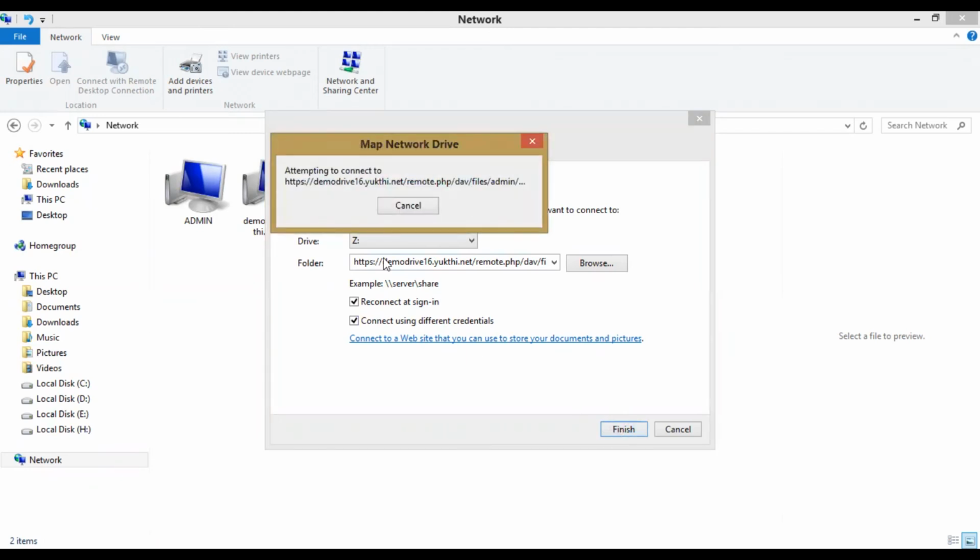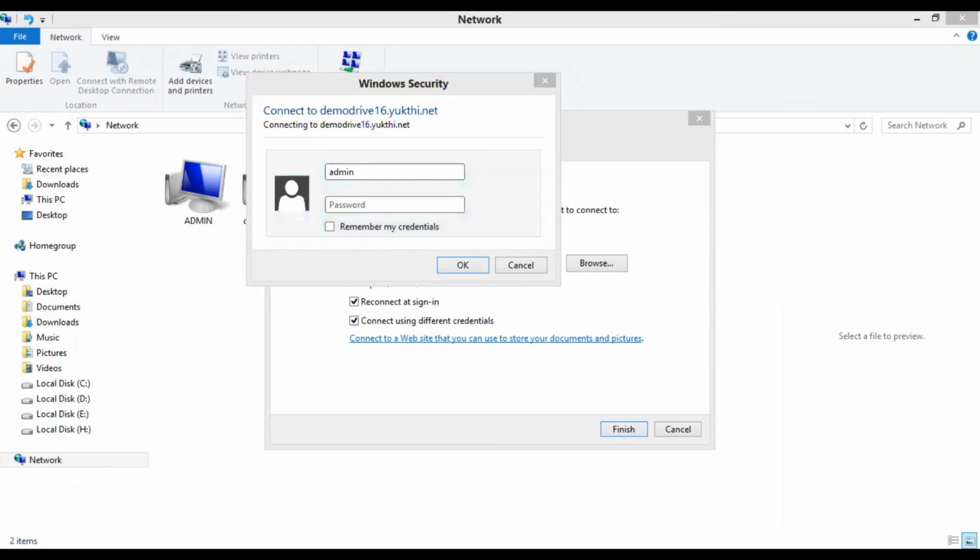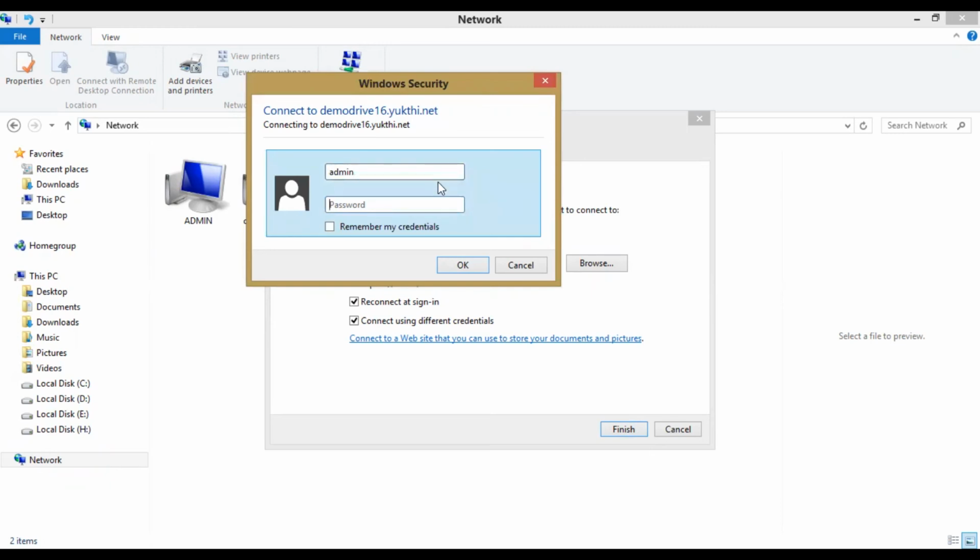When you click on finish, it will ask for the username and password. Just enter the username and password and click on OK.